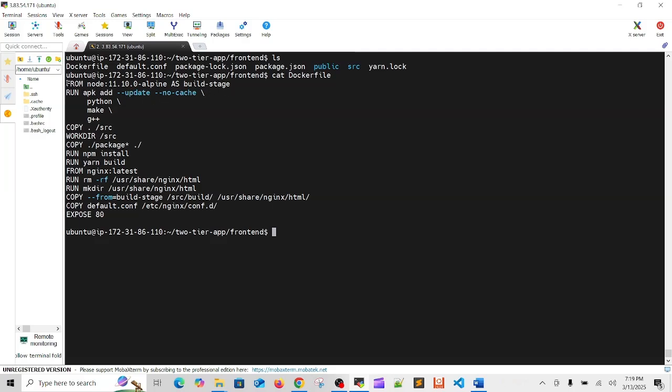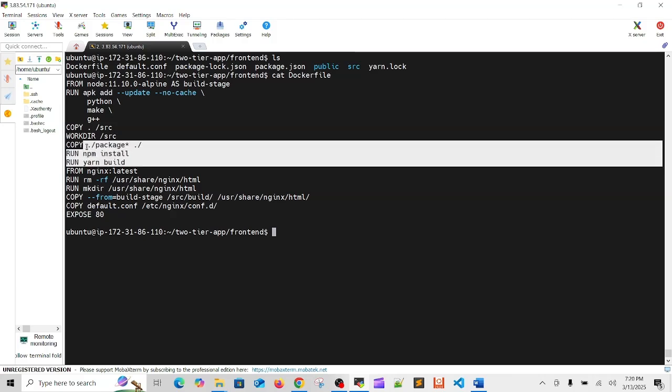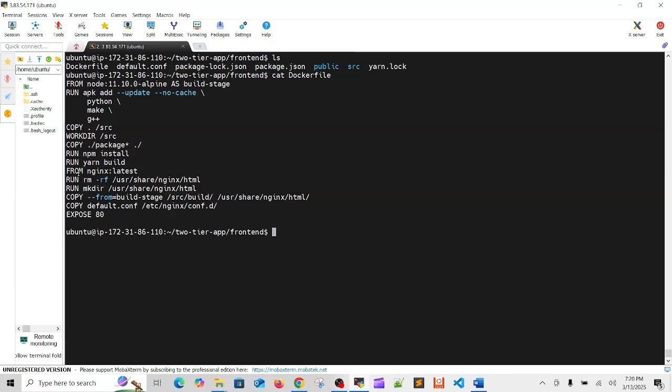So I'd like to share my problems with you guys. This is the Dockerfile, right? We are inside the Dockerfile right now. The Dockerfile has one FROM, first FROM is node alpine AS build stage. Which stage? The build stage. The second stage is here, the second FROM starts. When the run build is done, then whatever is built, the second stage starts